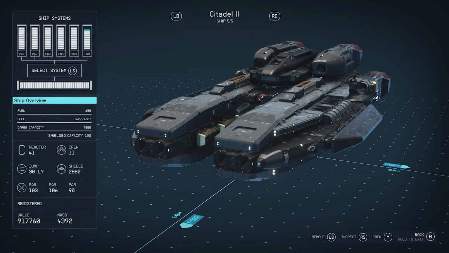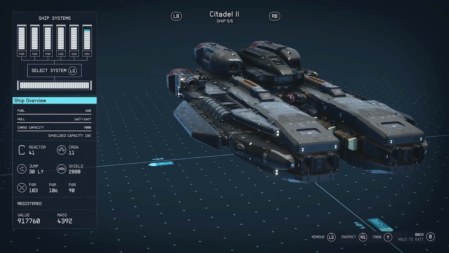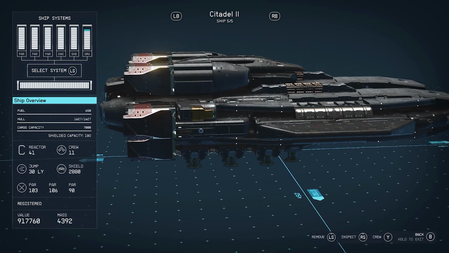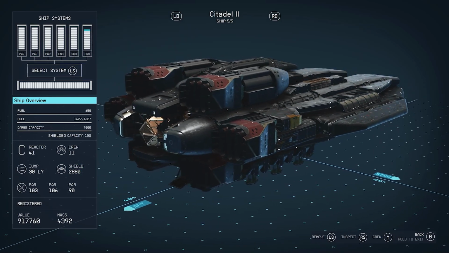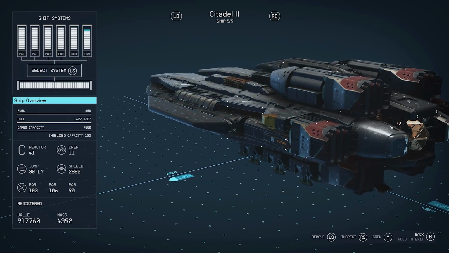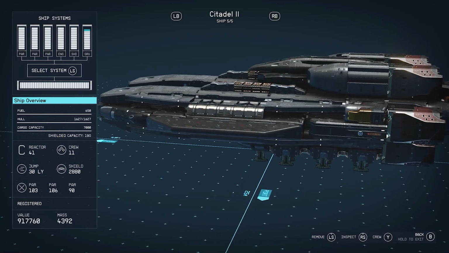Same thing with the Citadel II, identical to the Citadel with the exception of the upgraded Pinch 8Z reactor that you can see in the back there, as well as the full stack of level 60 weapons, same as the